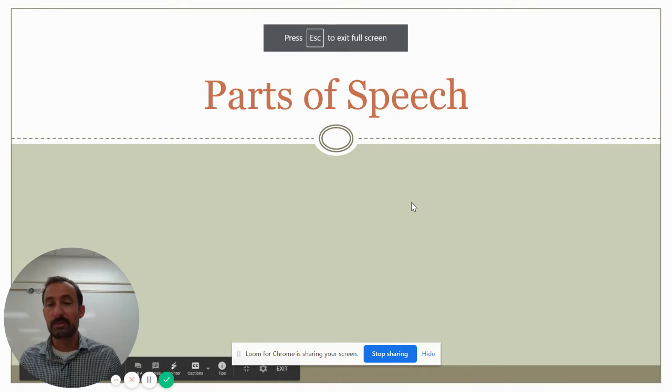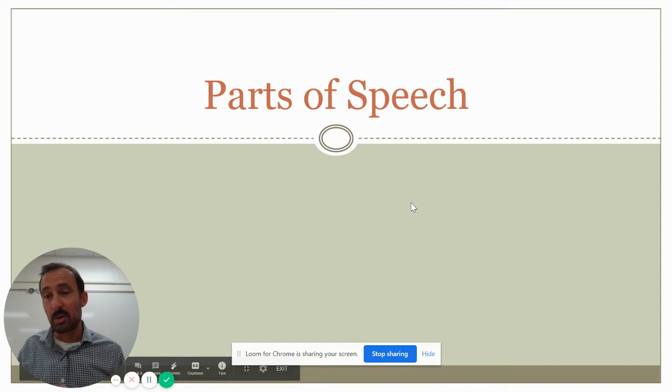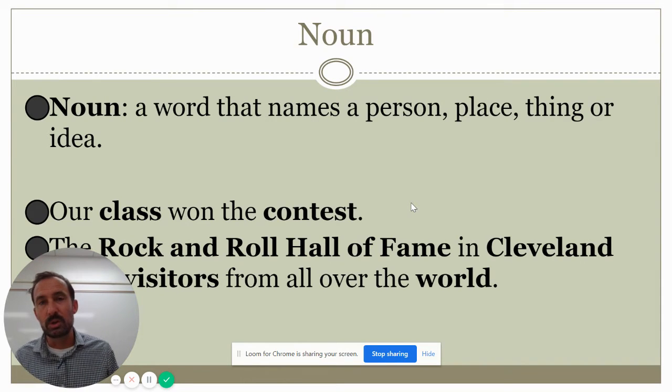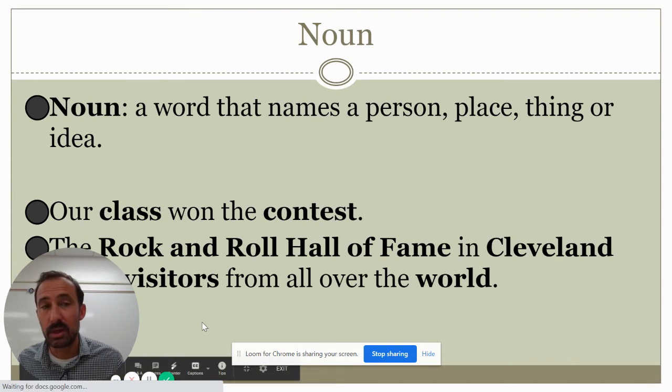There are a couple different parts of speech, and the great thing is that this is all review for us. Parts of speech is something that's introduced in grammar school, and so looking at the different parts of speech is just going to help us remember what's going on and give us context when we do our writing. Okay, so the very first one that we have is a noun: a person, place, thing, or idea.